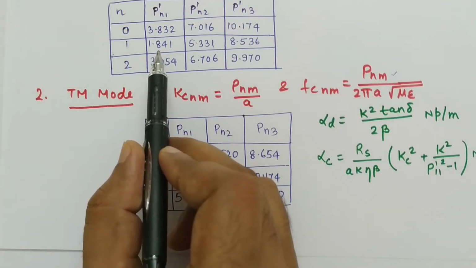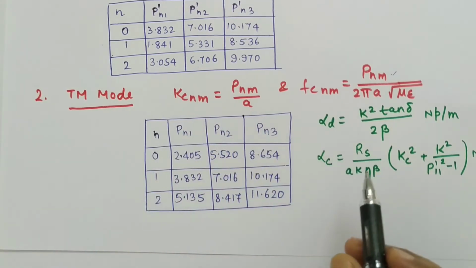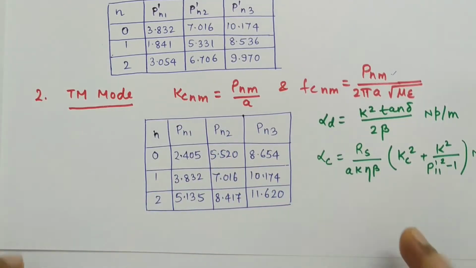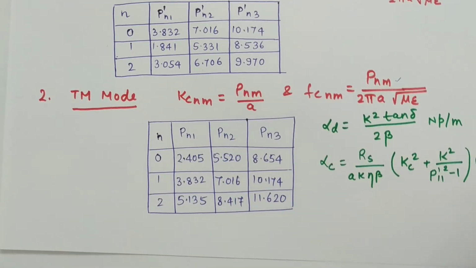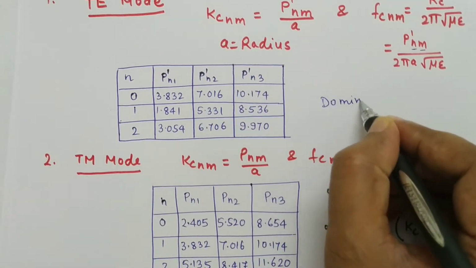So this TE11 mode is called the dominant mode. So in circular waveguide the dominant mode is TE11,